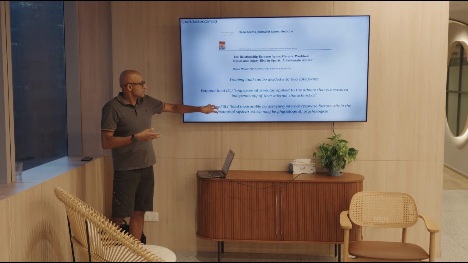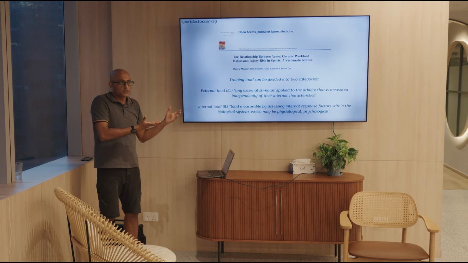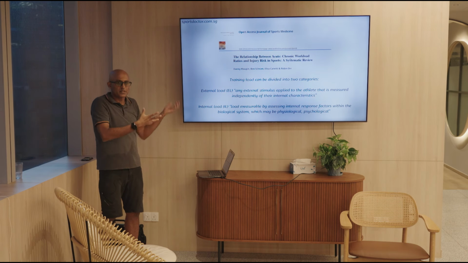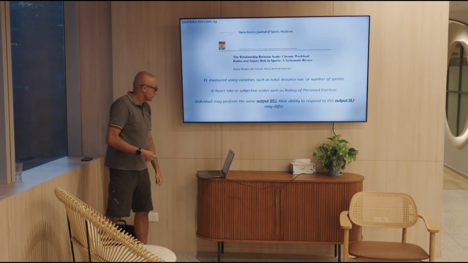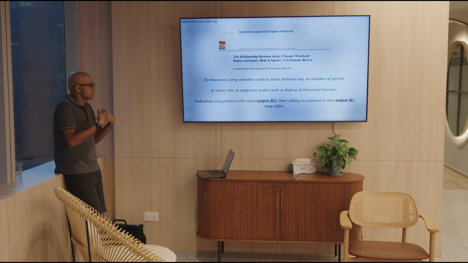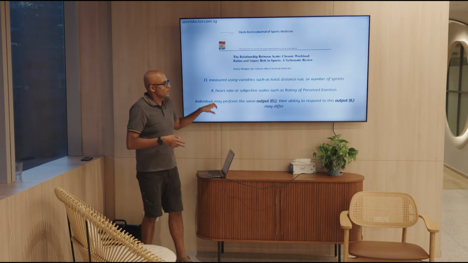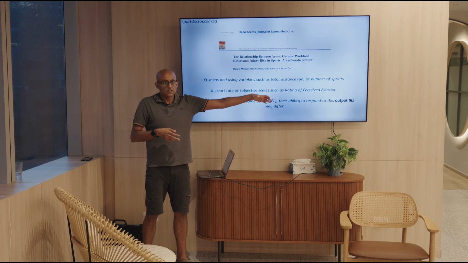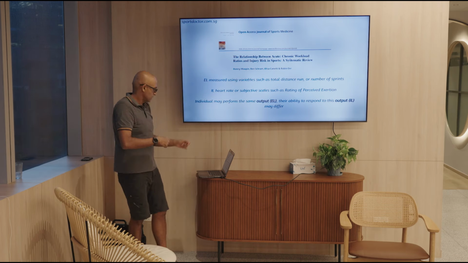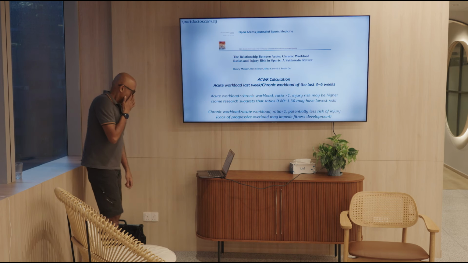Now, this you can monitor and you can get objective values from it using some of the cardiac stuff that we talked about earlier, the performance stuff. So it does play a part as well. Like I said, EL is the total distance or the number of sprints or the weight that you've moved. IL is the RPE or any scales that you're using. And sometimes someone will do the same external load, but their internal load may be greater or lesser than somebody else's. Okay?